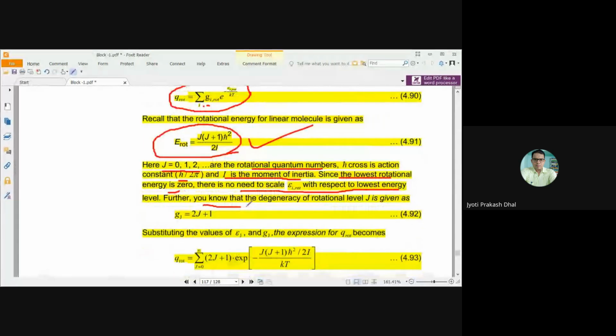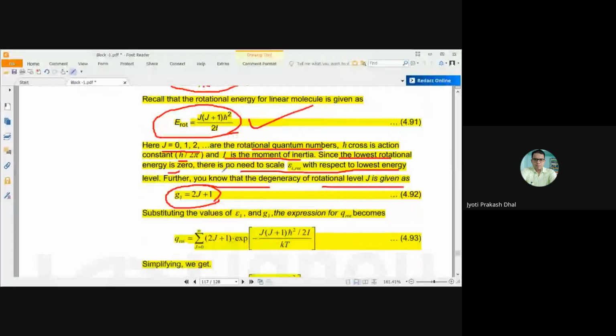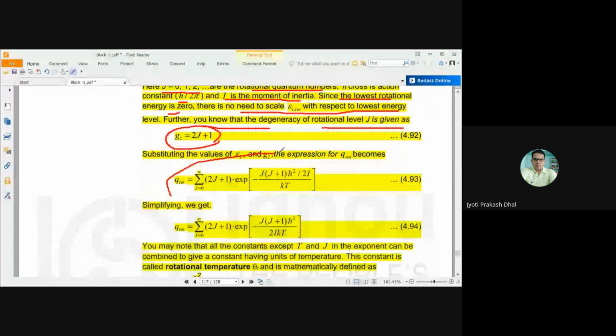Further, we know from the graduation level that the degeneracy g of the rotational energy level equals 2J plus 1. So in place of g we should write 2J plus 1, and hence the rotational partition function value will become Q rotational equals the summation of 2J plus 1 into exponent,